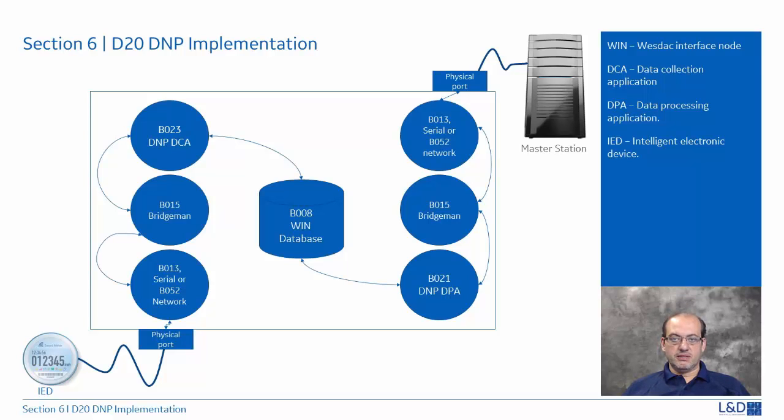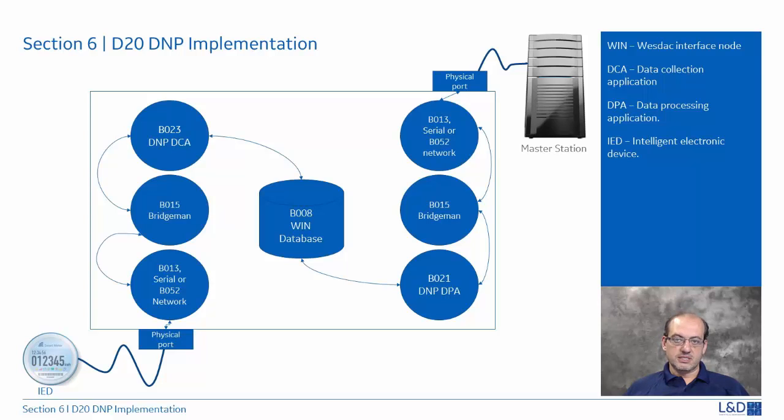The information will then travel to the application that is requesting the information, which is B021, or the DNP data processing application. The DNP data processing application layer will format the message and send it to the data link layer, Bridgeman B015, which would check the integrity of the message, check where the message needs to go, format the message, and forward it to the physical application layer, which is